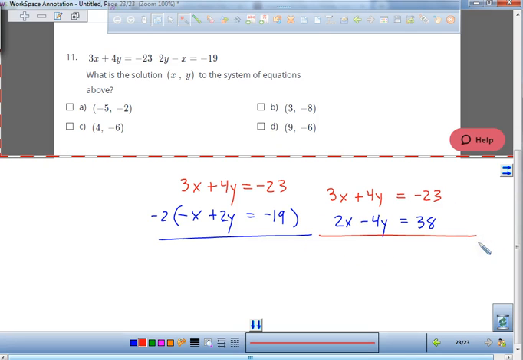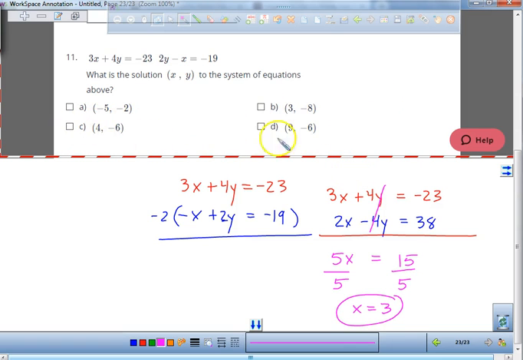Let's add these together. What's 3x plus 2x? 5x, perfect. What happens to all my y's? They cancel out. 38 minus 23 gives me 15. Divide both sides by what? 5. And what do we get as x? We get the number, if we did everything correctly,